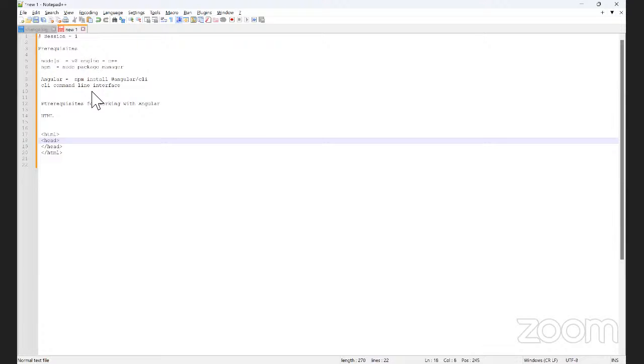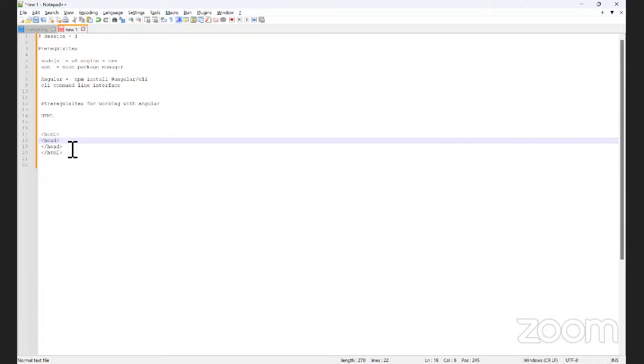Like if you see here, Notepad++ is there. So here, if you want to display this title, we need some tag like that. Head, inside head we have title. So the title will help to display like this, in the header.